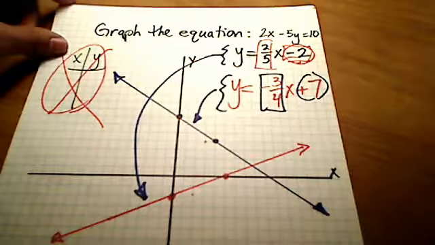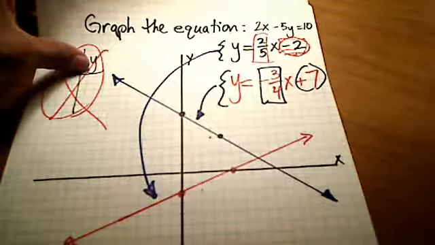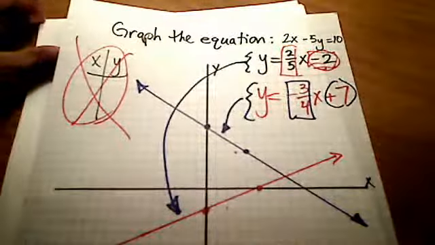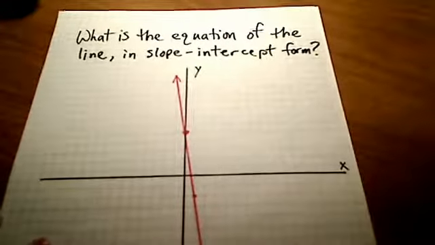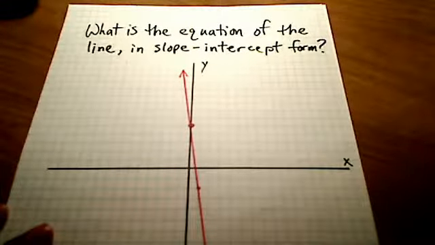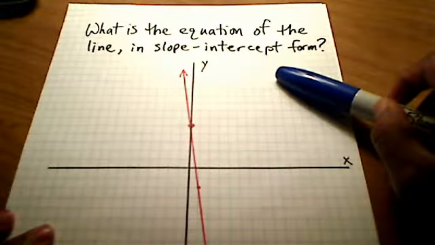What if we play the game slightly backwards? What if the game is played this way? What if I give you the graph and I ask you what's the equation? We could do that too. My math lab does that sometimes to you, or the homework might do this to you. So what if I give you the picture and I ask you to find the equation of the line